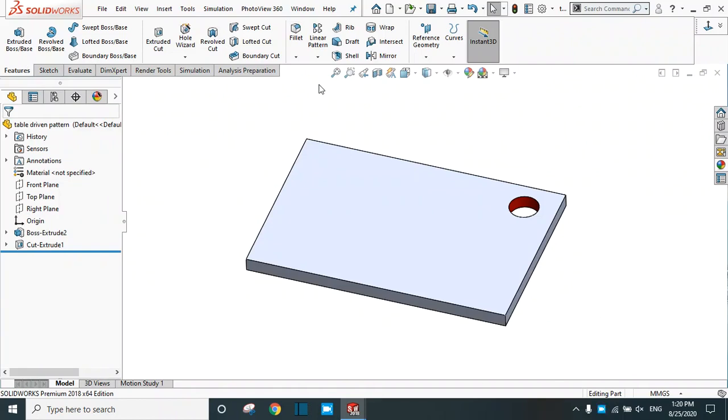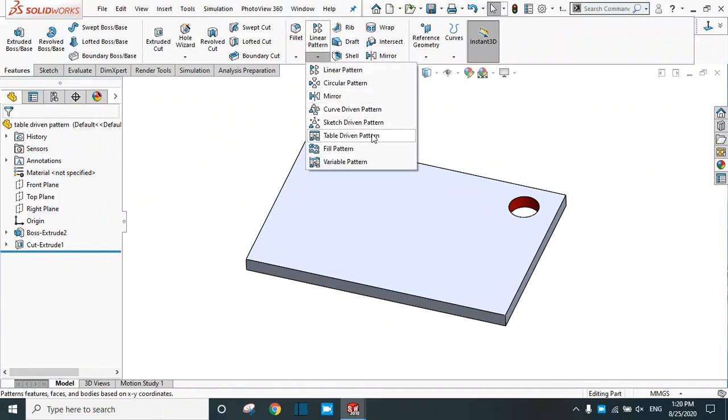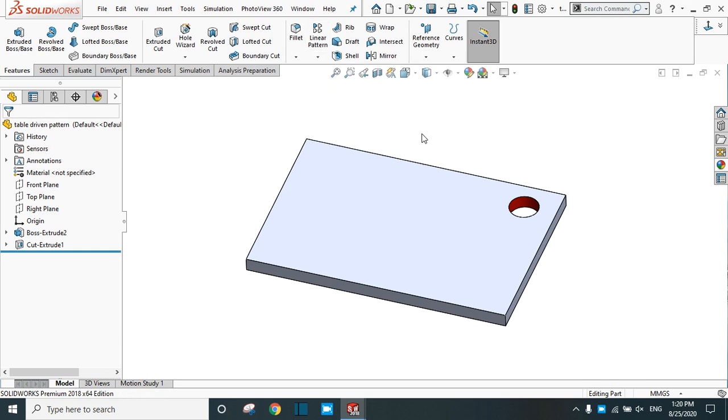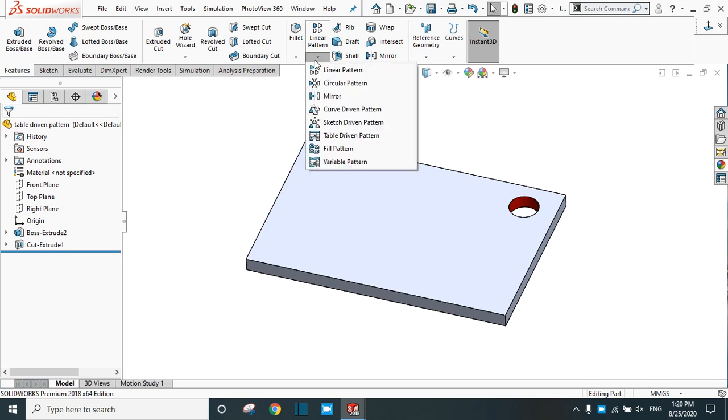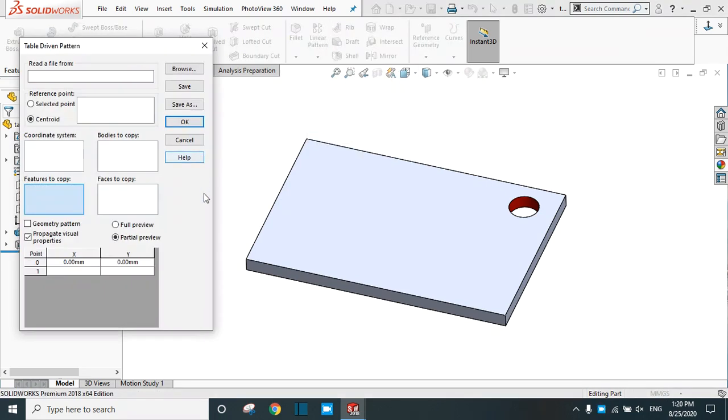In this session, we are going to learn the table-driven pattern in SolidWorks. Here is a body with a circular hole as a feature. Go to table-driven pattern. To create the table-driven pattern, first of all, you have to insert the coordinate system anywhere